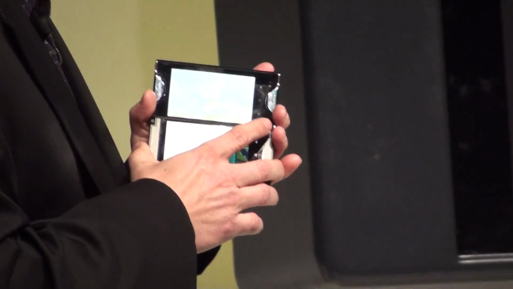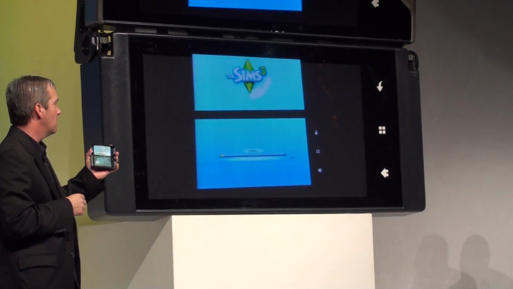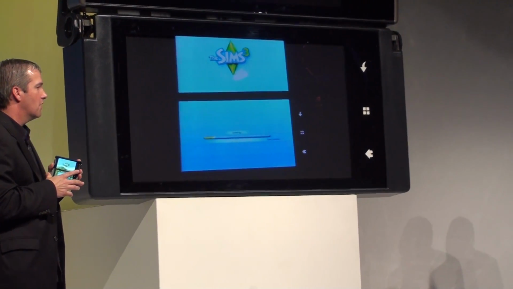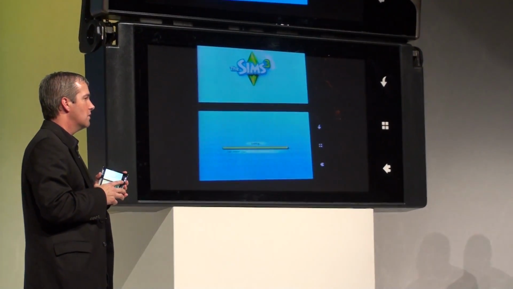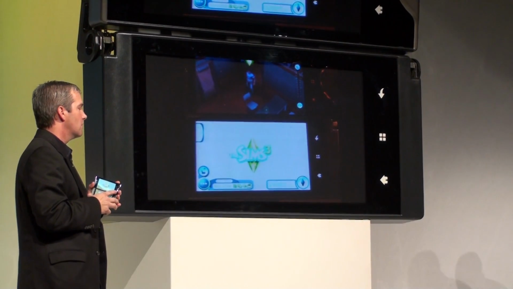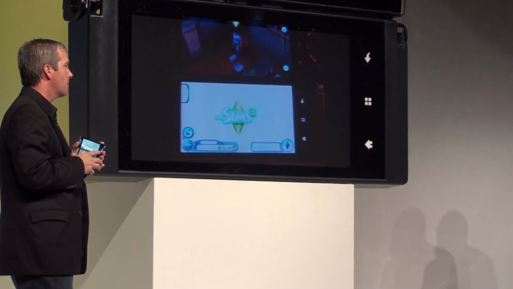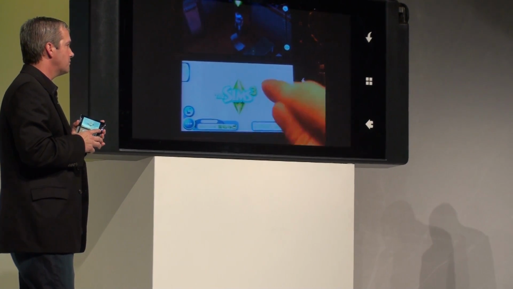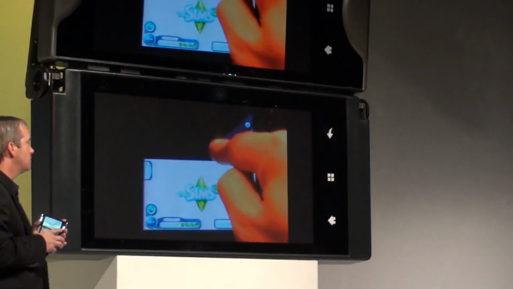Yeah, so let's go ahead and go back to the game. Let me show you actually in game mode what this looks like. So once you've created your character, it loads, and while it's loading, I actually want to tell you about what we're doing. We're actually going to be releasing these APIs in the software development kit to our developers in our developer program with Kyocera, so that we can actually have people create games and take advantage of this full dual touchscreen environment. So you notice it's nighttime here at the Sim house,